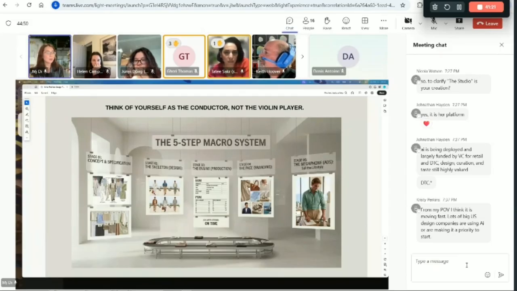So I think I will show you guys what's inside of the studio. When you use CLO or Browzwear, I'm not a 3D program expert at all, but I have seen our students using it and creating the